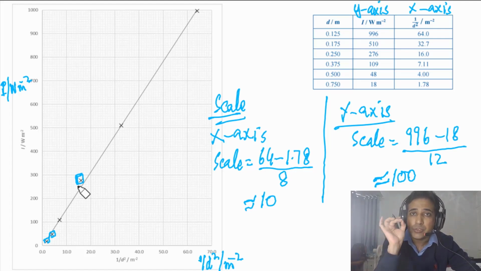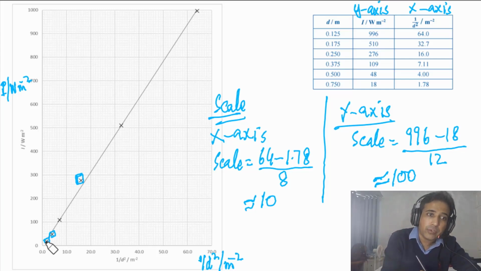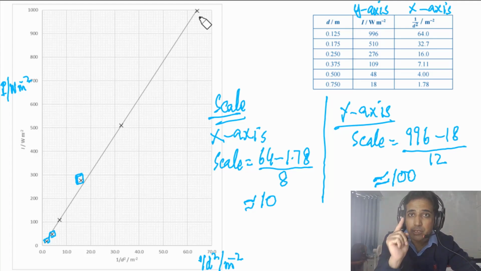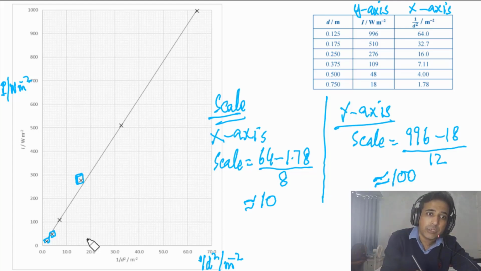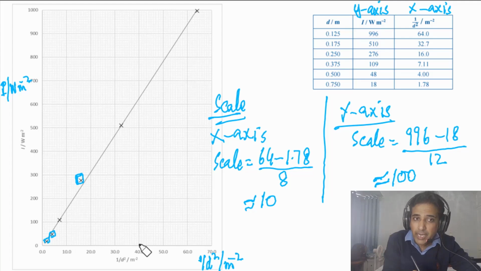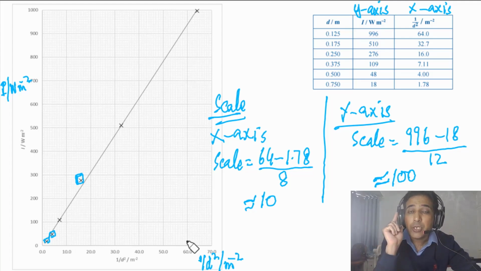fits all these points. And this line means your data, when you plot the data, means this point and this point, it should cover more than half of the graph paper. So this is very important. Now you can see along the y-axis it covers more than half of the graph paper. Along the x-axis it also covers more than half of the graph paper. It means this graph is acceptable.